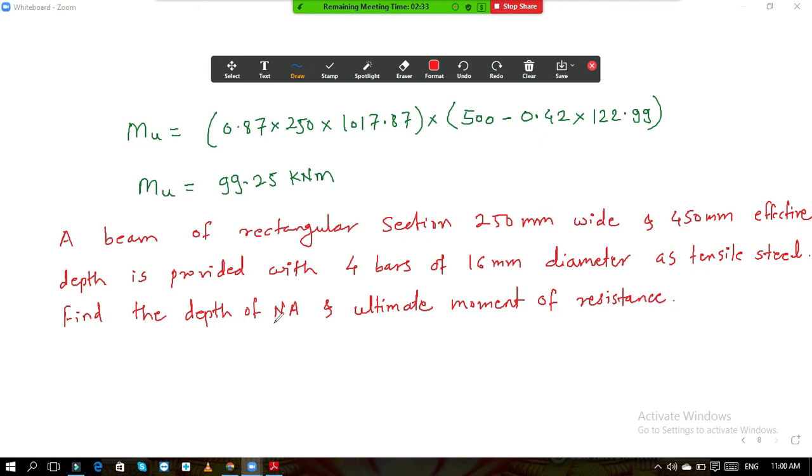Now I think you are having a session at 11 a.m. So this is your homework problem. This problem is the same as the previous problem. Just see the previous problem once and try to solve this problem without seeing that. Nobody will observe what you are doing, but try to solve it without seeing the last problem, so that you will understand. This problem is for your homework, and in the next lecture we will take the next variety of problem.